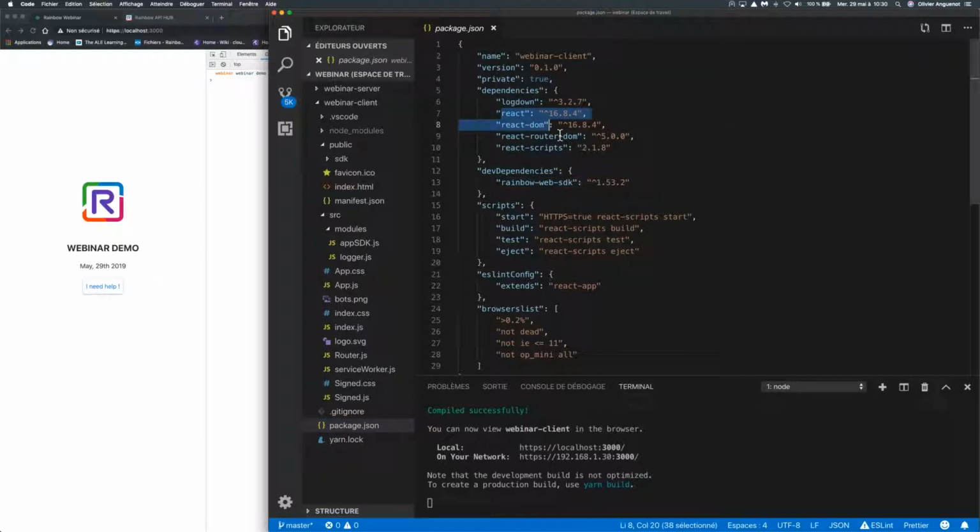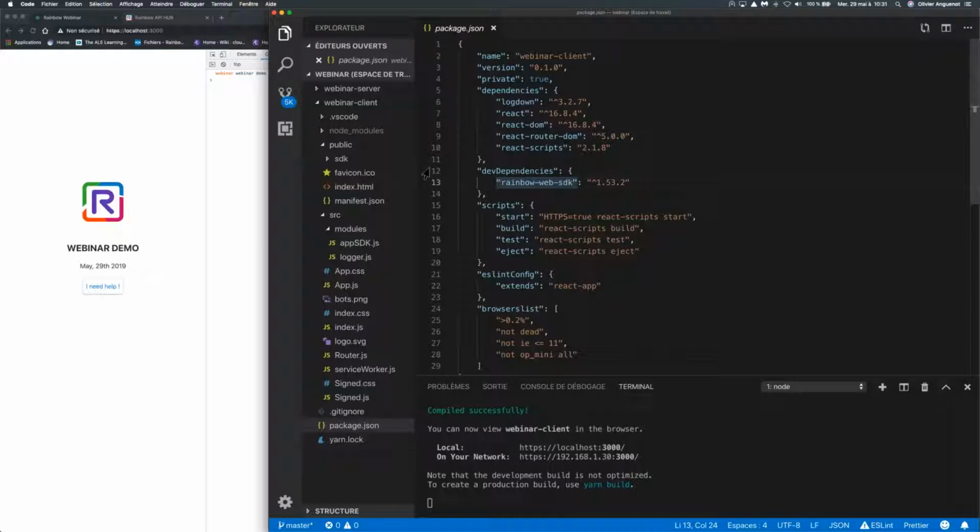But as you can see, the Rainbow dependency is mentioned in the dev dependencies, not in the dependencies.